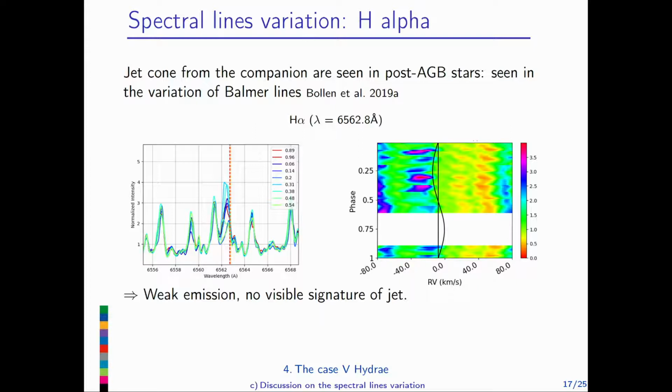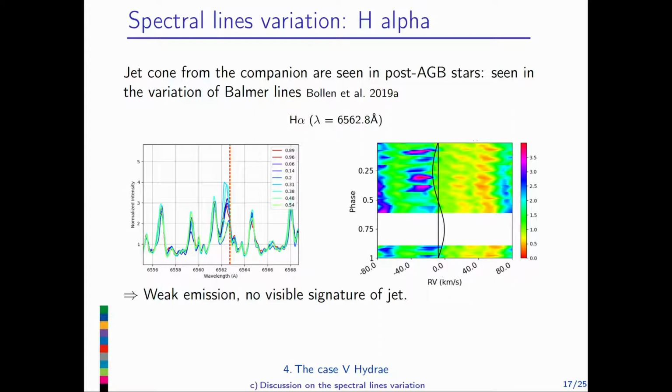So here you have a spectral window of the star, each color representing a different orbital phase. You have to remember that V Hydrae is a carbon star, so we have a lot of pseudo-emission at different places, and the continuum here is not really clearly defined. We only take a mean value on this spectral window. And here you have the Balmer profile. So you have a little